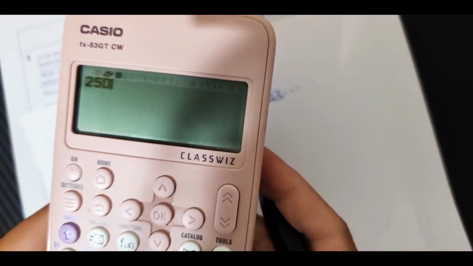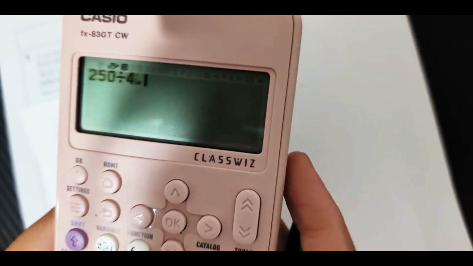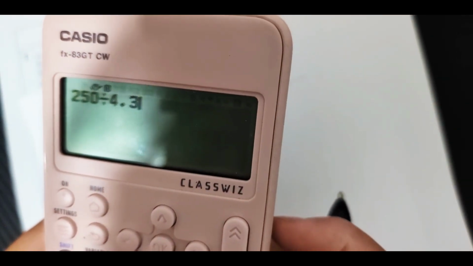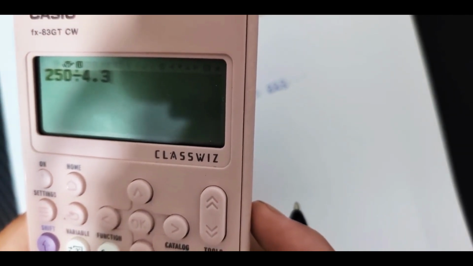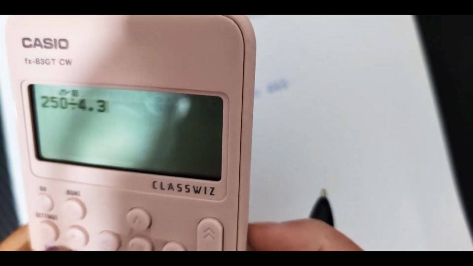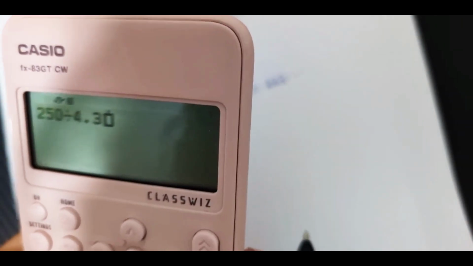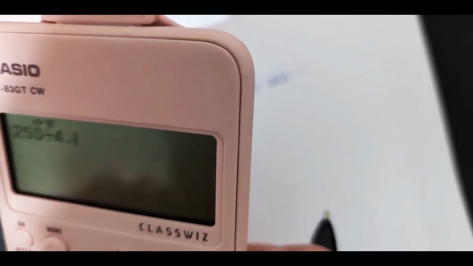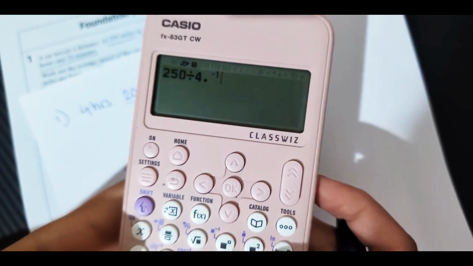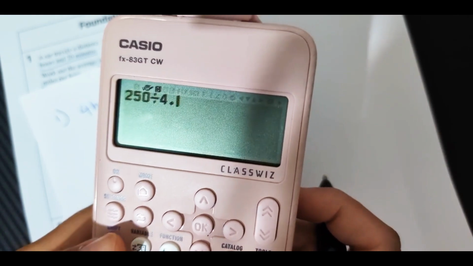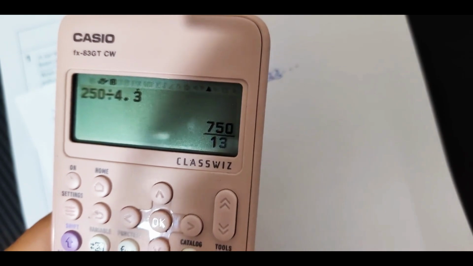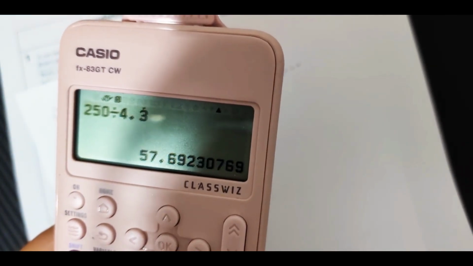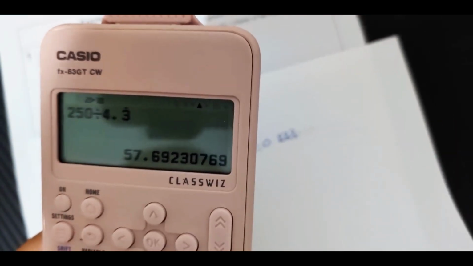And that I can do on my calculator really quickly. 250 divided by 4.3, have we got the recurring? Have I got it on this calculator? I don't think I do. Oh, perhaps I do. Yes, I do. Let me just get the recurring part up. Yeah, so if I just press that button, oh, done the wrong one. Shift and this button, then I can get the recurring dot on top of my 3, okay. And then if I do the decimal button, if we are giving our answer to 1 decimal place, it will become